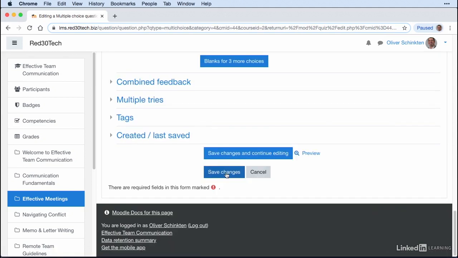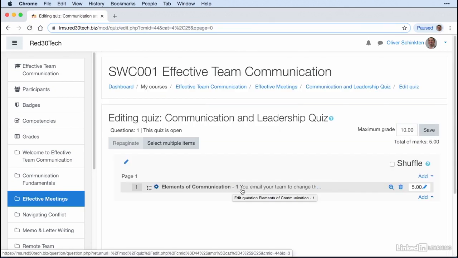When you're done, I'm going to click on Save Changes. Now, like that, we have our elements of communication, number 1, question, inside of this quiz. Over here on the right, you can see that I put the default of 5 points, and that's fine. Up here, when we set up the quiz, I wanted it to be worth 10 points. And that's fine because it's going to be 2 questions that have